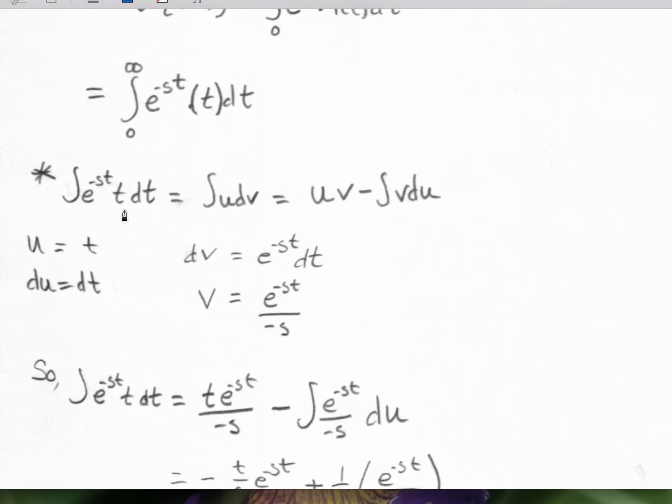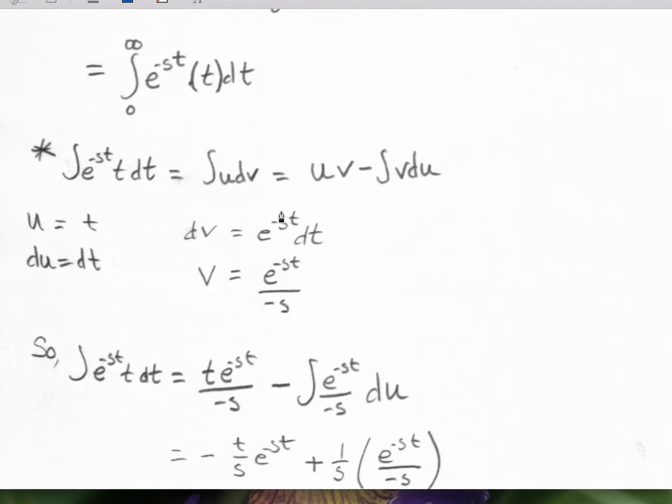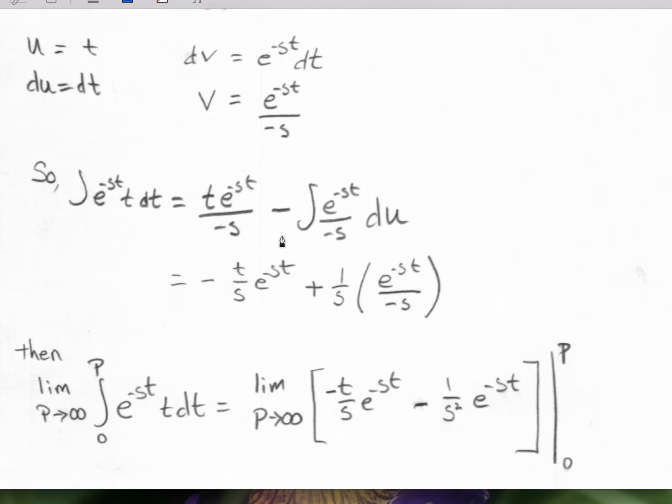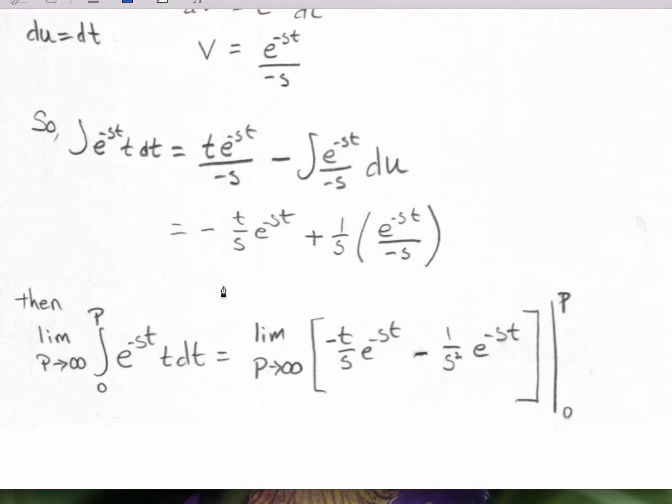What I did first was use integration by parts to figure out what the antiderivative of e to the minus st times t dt was. And so I made u equal to t, and I made dv equal to e to the minus st dt, and I found du, which is equal to dt, and I found v, which is e to the minus st divided by minus s. So I plugged that in for u and v, and then minus the integral of v times du, and when I simplified that,